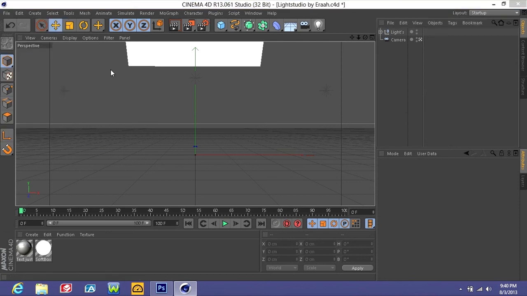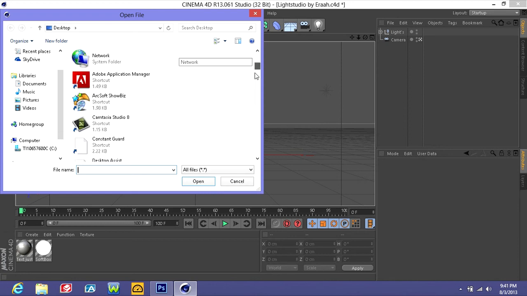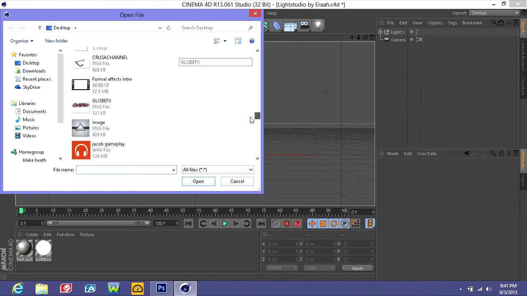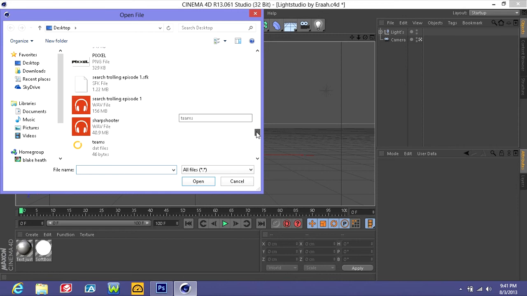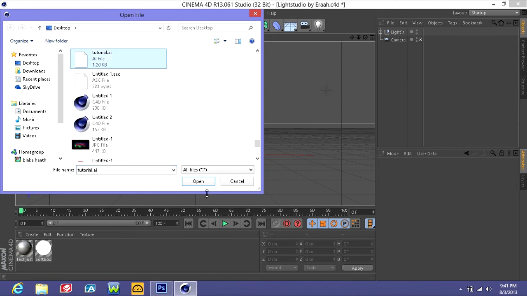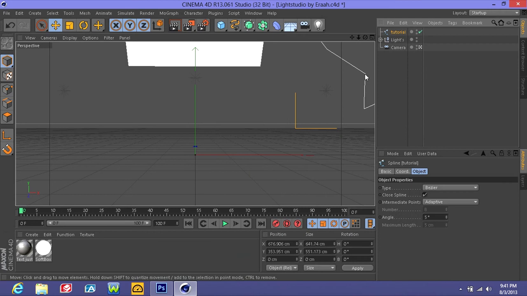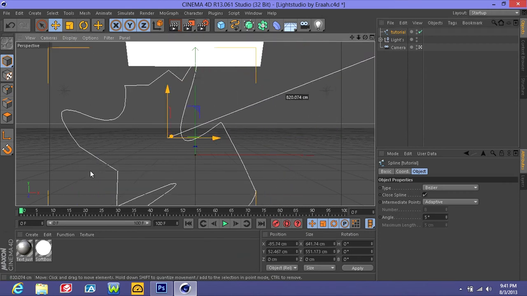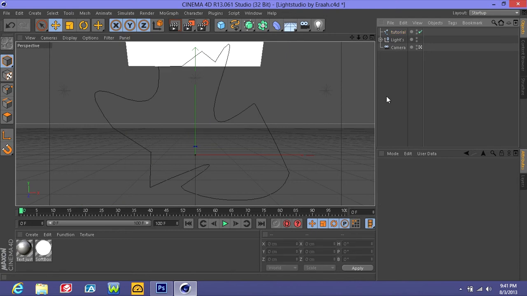I click on Merge. I don't know why people click on Open because it brings it to a different page for me. So I go to Merge instead, and it works just fine. You have to find your AI file, which is, that's not the one. Where's tutorial? Can't find it. There it is. Okay. So you're going to open it and keep this how it is. I don't think you're supposed to collect the splines, but yeah, you are. And go to that and drag it over here. This is just a mess. Holy crap. Okay. So once you have it dragged in,